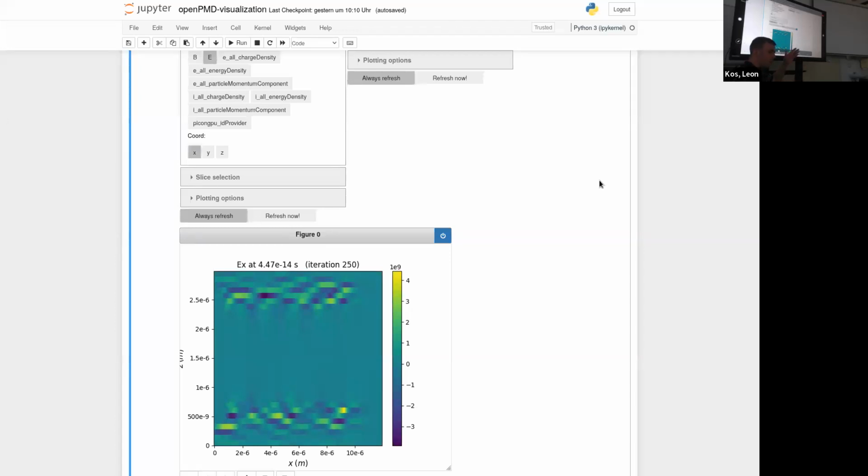So the reader then says, okay, I'm now done with step 500, while the simulation is already at step 1000. But you need the memory for that, which is why we mostly don't use it, because